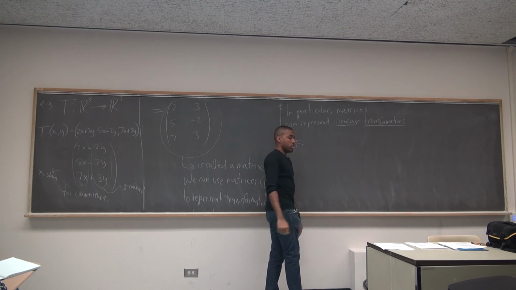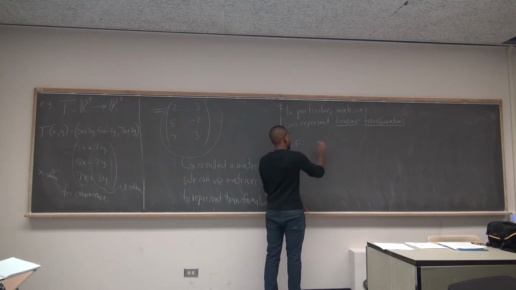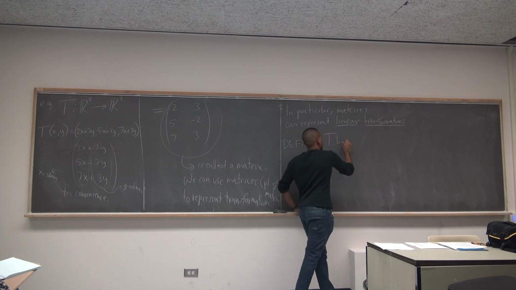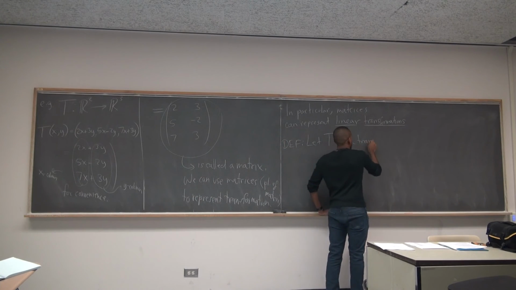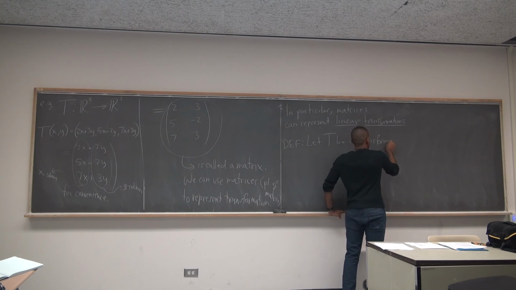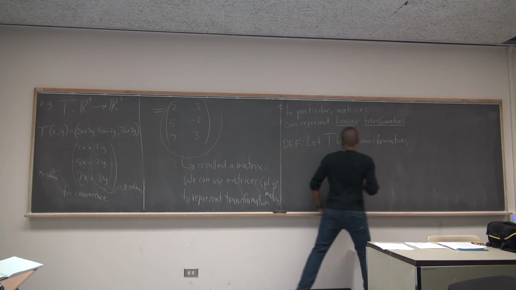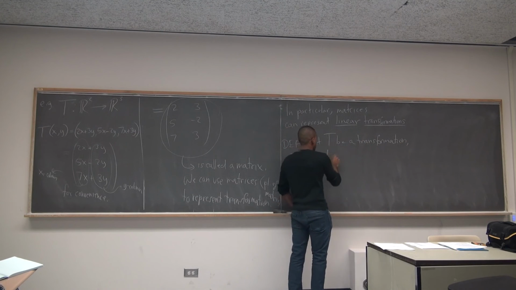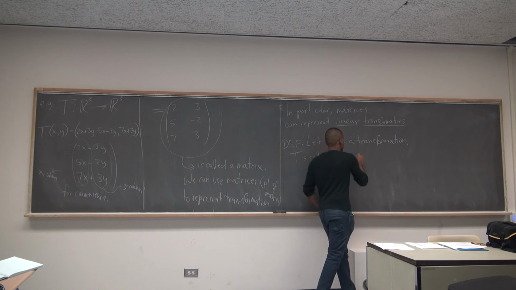You'll notice in your syllabus there's a whole chapter on linear transformations, so we will go over this again. So let T be a transformation. T is called a linear transformation